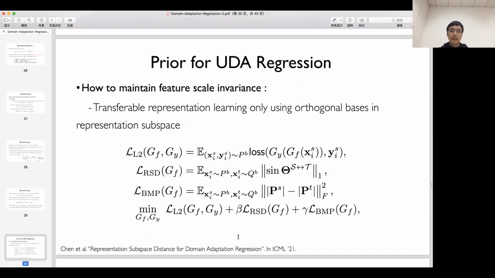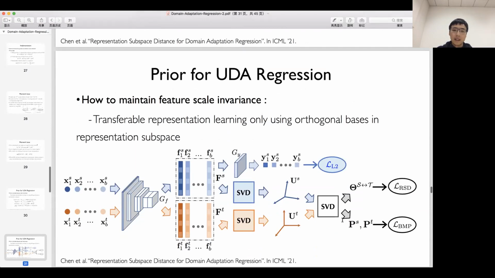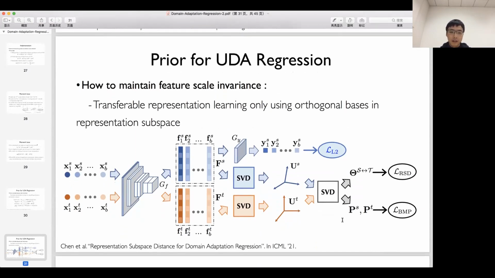So this is our loss function. First, we have supervised learning on the source domain. It is just an L2 loss. The second is to use two SVDs to calculate our representation subspace and principal angles. And the third part is to maintain the importance of different orthogonal bases in the calculation process of principal angles. So this is our final loss function. And this is our architecture. We can find that we try to learn transformer representation to close